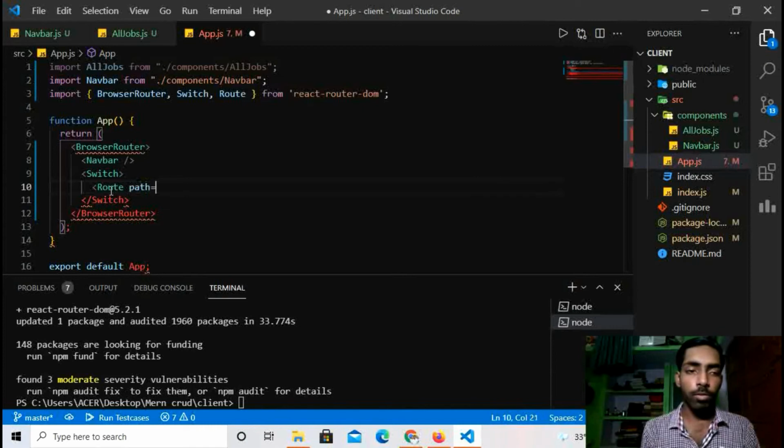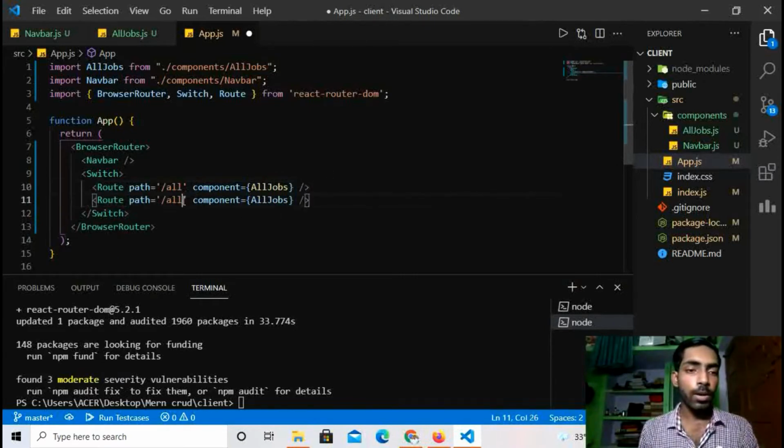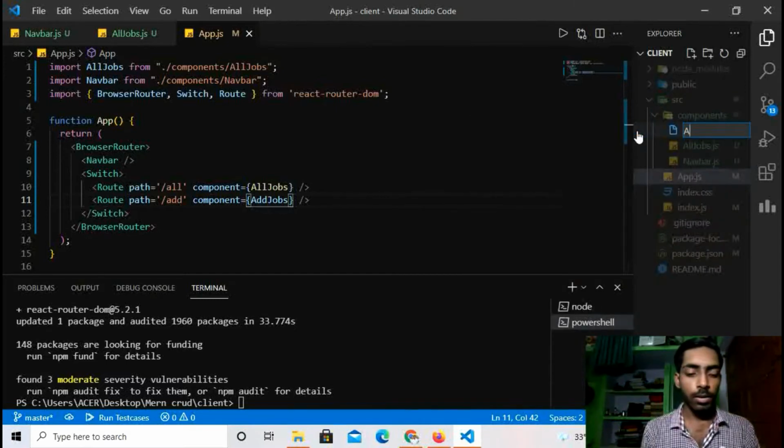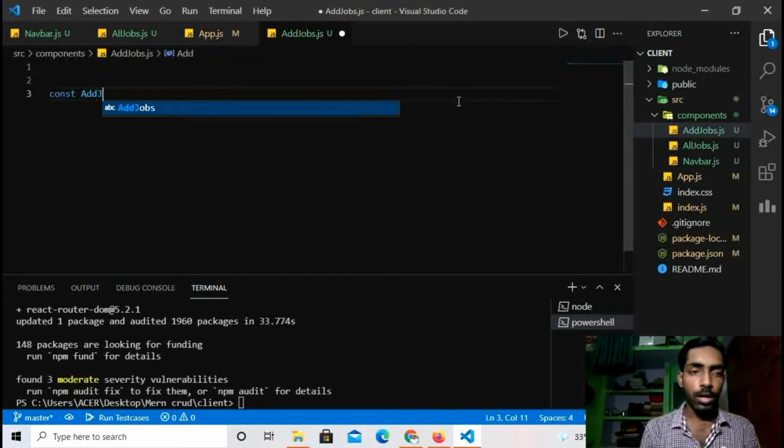So I'll give Route path equals to, let's suppose, the path for getting all the data, right? And the component I have to call is all jobs. That's it for this route. And I'll simply copy and paste this route for adding the data. I'll set the URL route for add, and I'll call this add jobs, and I'll have to make one file, addjobs.js, and I'll have to make a function also, const AddJobs,